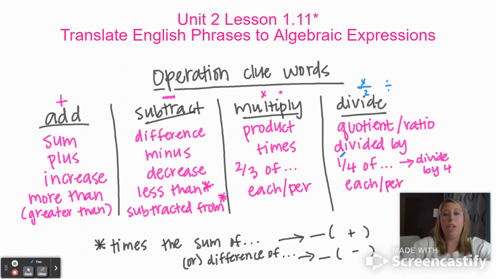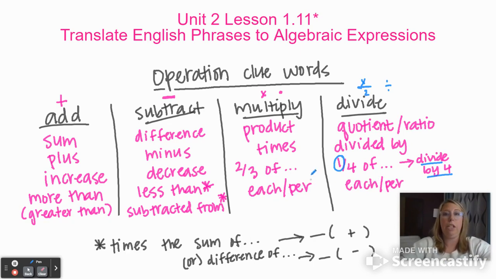If your denominator is 1, then you're going to divide by whatever the denominator is. So if you have a numerator of 1, then just divide by the bottom number, that denominator. So in this case, if it's 1/4 of, that just means to divide by 4, whatever that bottom number is. And the last thing, notice that each and per is here again in the division column